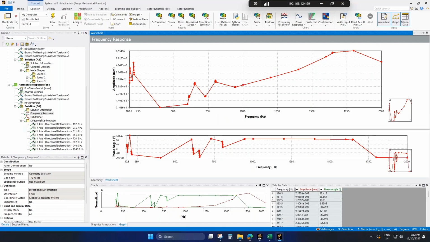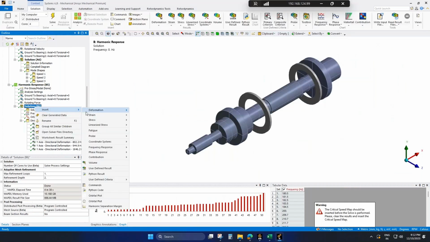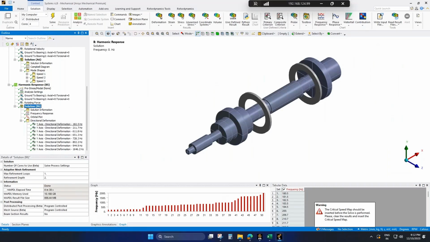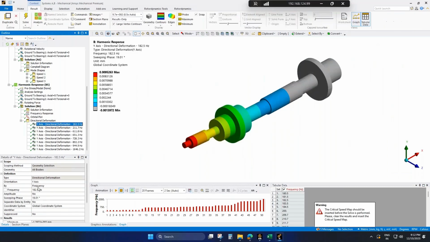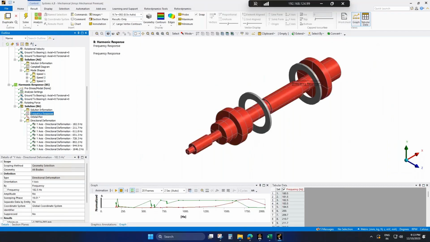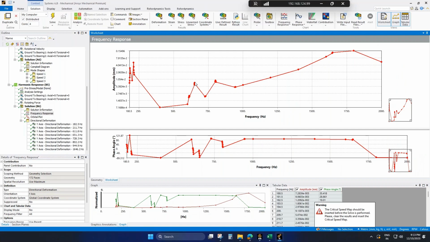If you want the displacement response for this particular frequency, you right-click, insert deformation, choose directional deformation, and you would get something like this. You will specify the orientation and the frequency, which we have just now probed.